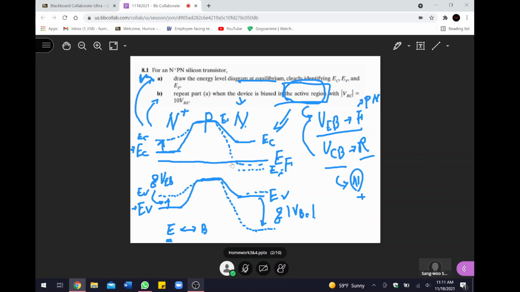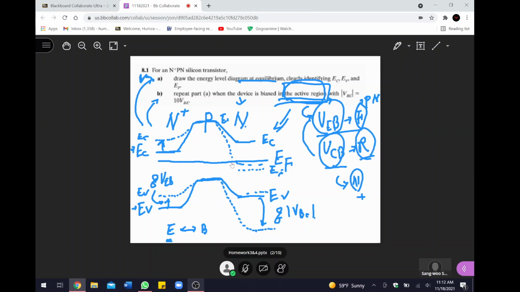Now, as I mentioned, part B is specific to this operation condition. So the active region, specifically emitter-base is forward bias, collector-base is reverse